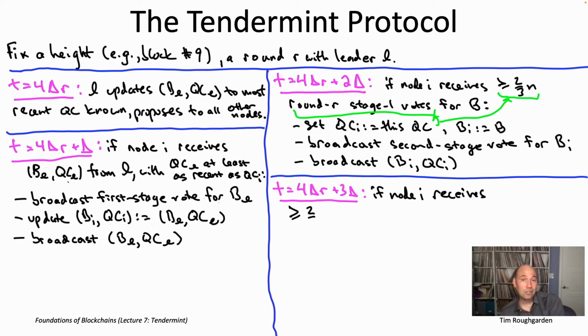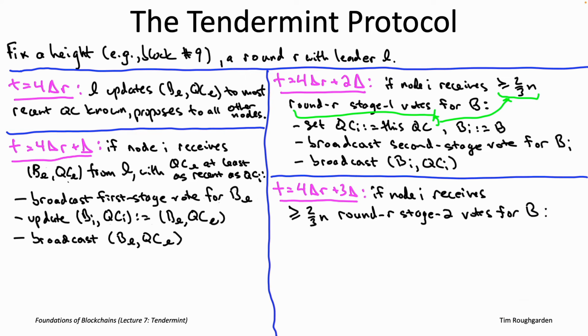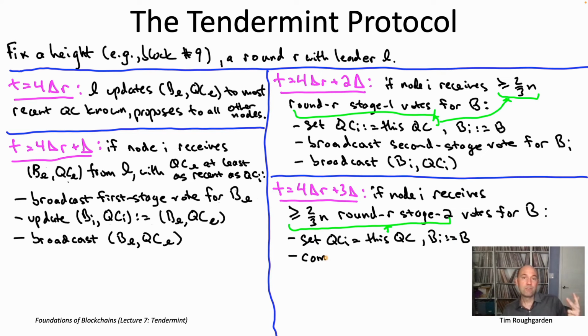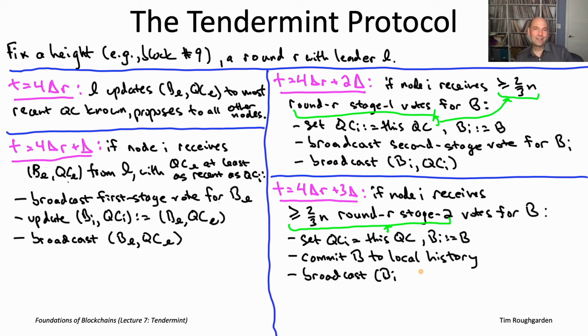Nodes will be looking to see a conclusive winner from the second stage of voting. Just like in the third phase, in the happy case where node I does actually witness this amount of agreement from the second stage of voting, if it actually sees a supermajority of second stage votes all for the same block, capital B, those votes by definition constitute a quorum certificate, right? They're all for the same block number, they're all for the same round, round 117, they're all for the same stage, stage number 2, they have 2/3 n different nodes represented. That is a quorum certificate.